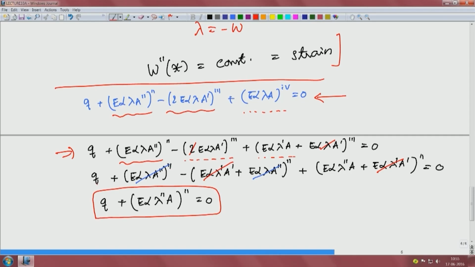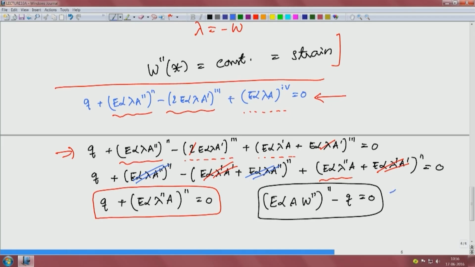So, everything now except Q has a double derivative. Again I can see this and this. So, this and this get cancelled and this and this get cancelled, leaving out only this term, which is this. If we compare that with the equilibrium equation that we had, which was E alpha A W double prime minus Q equal to 0, that was the equilibrium equation from above, which we had also derived in the last lecture. If we compare these two, we immediately conclude that lambda equal to minus W,